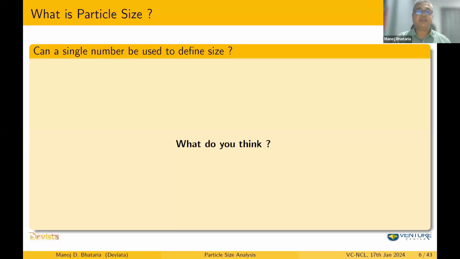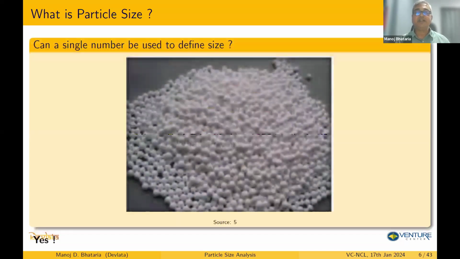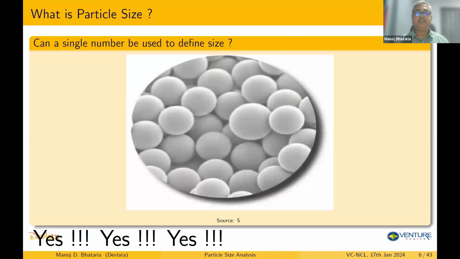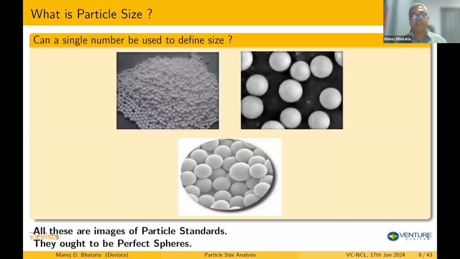So when you say particle size, is it possible to define size by a single number? Let's say I have a particular number, and if I want to compare two sizes, if I say a single number, is it possible to do so? So let's look at some of the particles. These are perfectly spherical particles. So yes, probably they will have a distribution, but that distribution would be quite narrow. This is a slightly zoomed image of the same particles. So by looking at these particles, we feel that you can have a single number which can define the